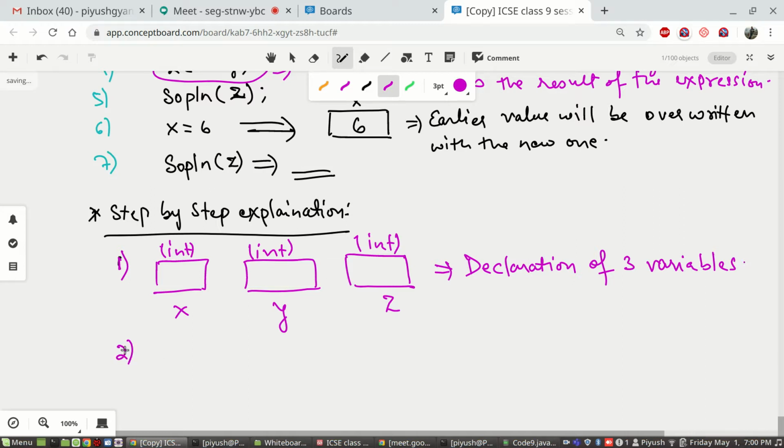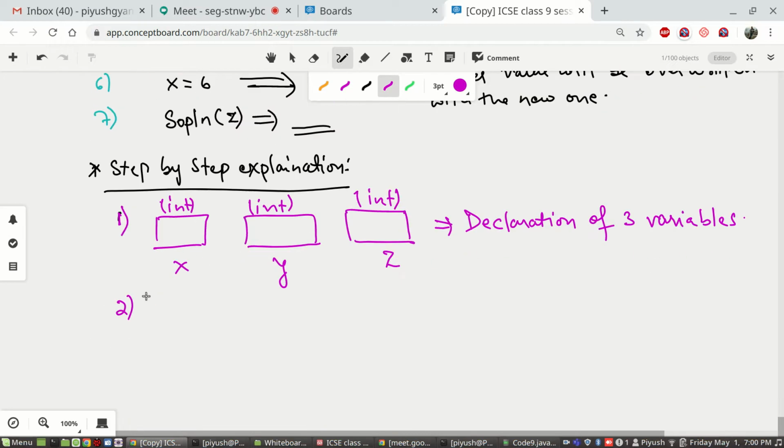The second line initializes x to 2. As a result, you can visualize it as the memory location with the label or identifier x getting the value 2, and 2 will be inserted inside it because it is of matching type. The expected value was of integer type, and yes, 2 is of integer type, so this will be done.